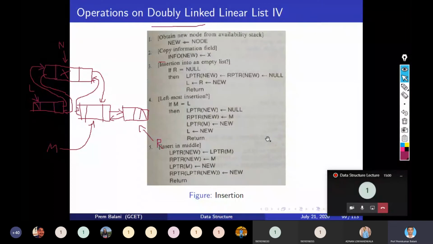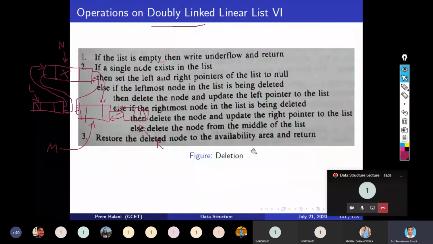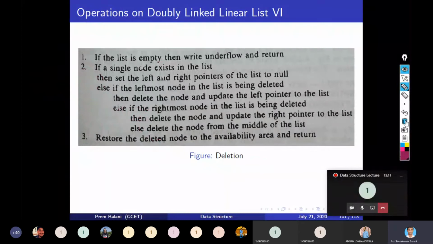Okay, so let's go ahead. Now the next algorithm is about deletion, and these are the steps for it. So the first step is if the list is empty, then say it is underflow.